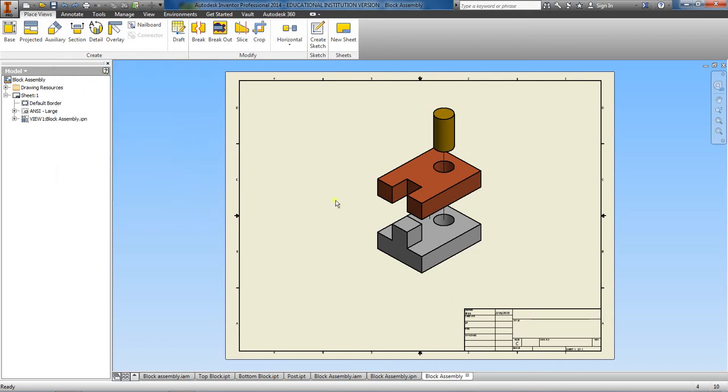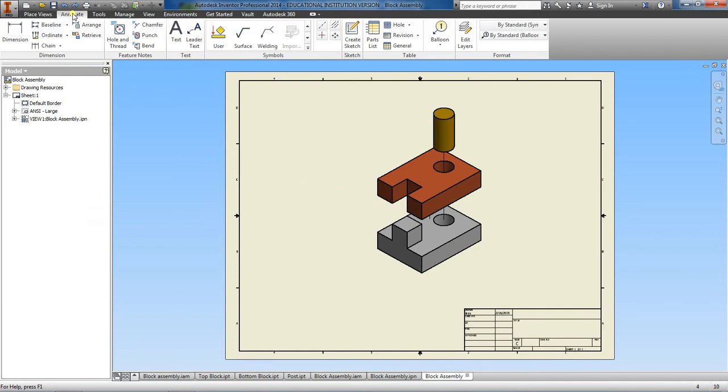Okay, so once you get an assembly into a drawing file, what you want to do is number the different parts inside your assembly on this drawing file. And then after we number them, we'll create a table, a parts list that gives names to each of these individual parts. So the first thing that we want to do is go over here and click the Annotate